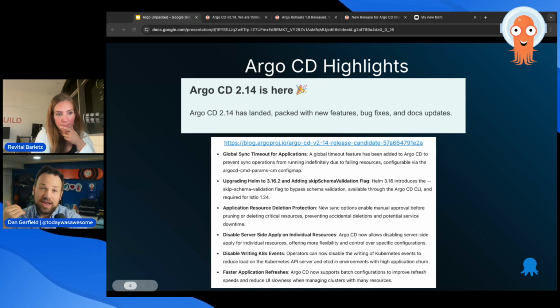Non-cascading will delete an application, but it won't delete any of its resources. But if you're doing a foreground or a background deletion, it will delete those resources. And you might have certain resources that you want to be protected in some extra way. And so now there is an option to add a little, in fact, let's see,